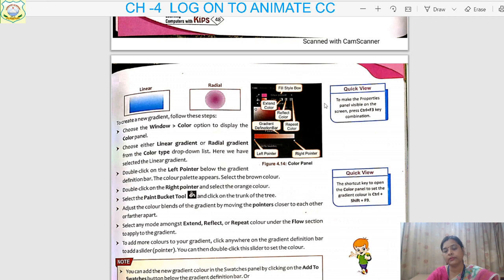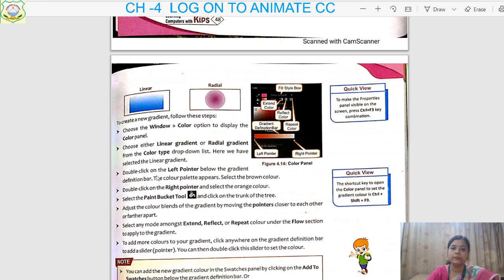It's not appearing very big in the format, but if you look, it will be clear that there is one radial and one linear gradient in the color type drop-down list. Now here we have selected the linear gradient. Your book has selected linear gradient.